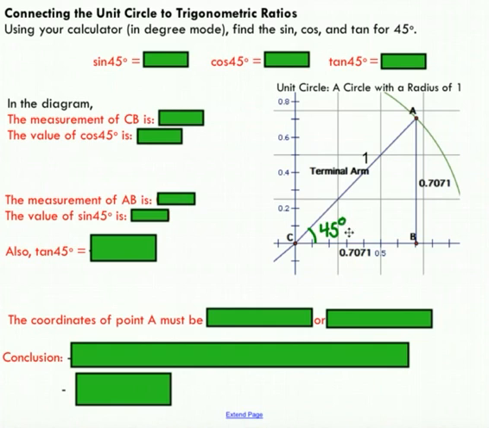For this angle here, this is a 45-degree angle. This angle has been formed by rotating this terminal arm so that this point happens to make a right triangle with a 45-degree angle between this C point on the x-axis and this terminal arm. Okay, so you can see that 45-degree angle here. So this is the angle we're going to be referring to throughout this little investigation. Maybe you can follow along with your calculator, making sure you're in degree mode.